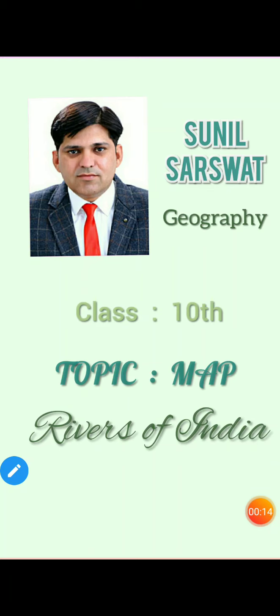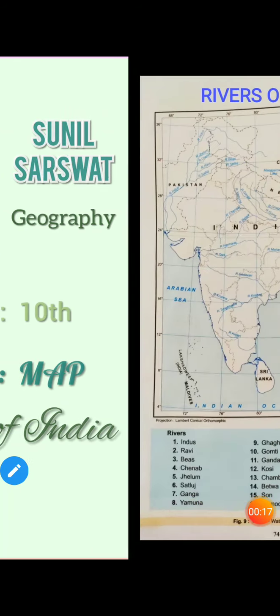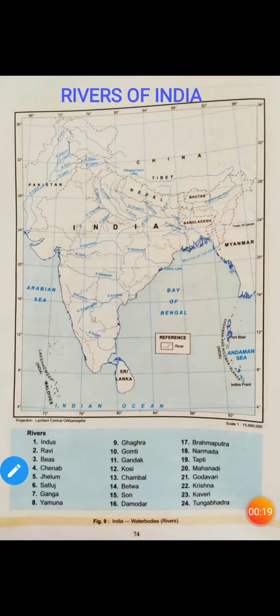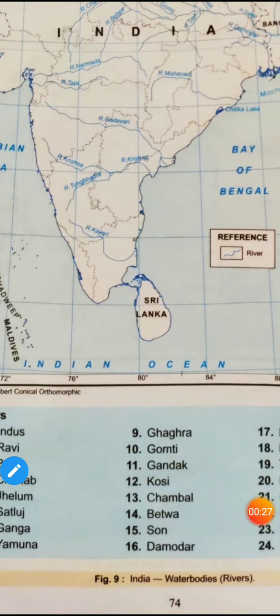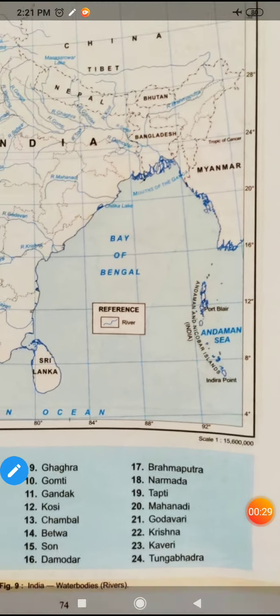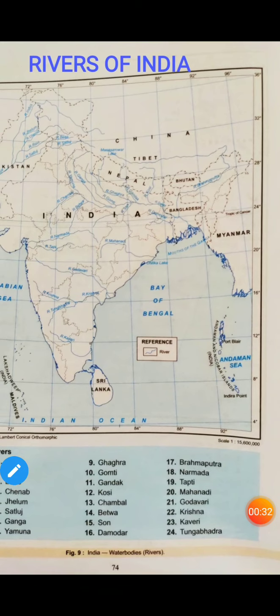I have received requests from the students to kindly prepare a simple way to learn rivers. As you can see, there are 24 rivers in your syllabus, and children sometimes feel confused about these rivers. Only one river will be there in the examination, and to remember four properly you need some proper method. That proper method you will find in today's video.